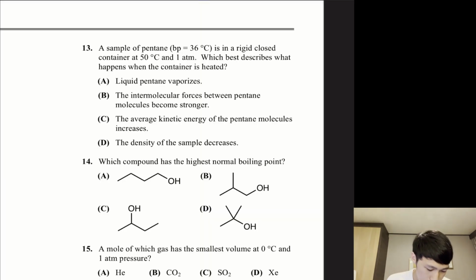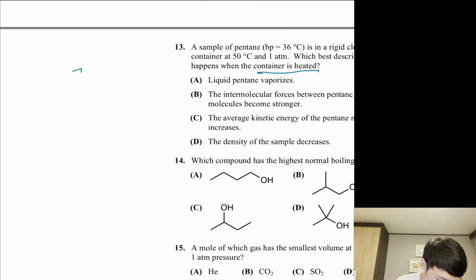Problem 13. A sample of pentane is in a rigid closed container at 50 degrees Celsius and 1 atmosphere, which best describes what happens when the container is heated. So if we're adding it at 50 C and 1 atmosphere, we're already adding the pentane past the boiling point. So we're actually adding pentane gas